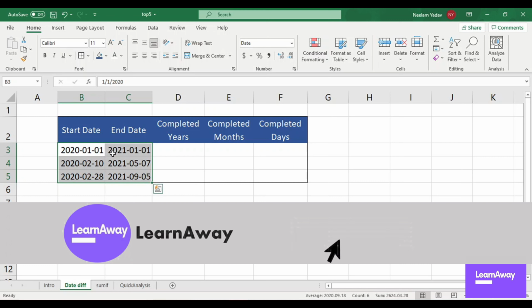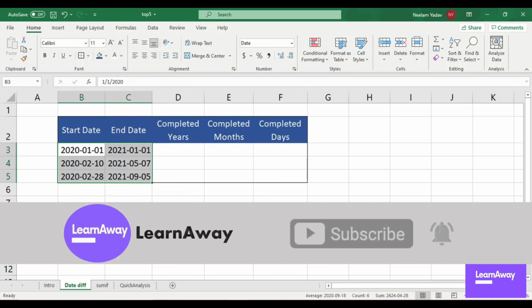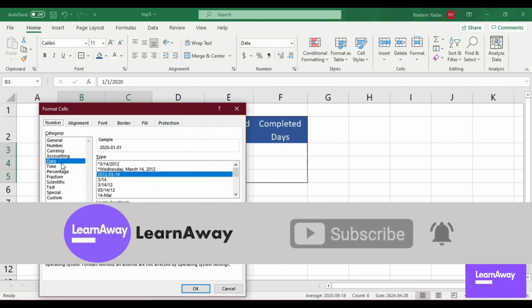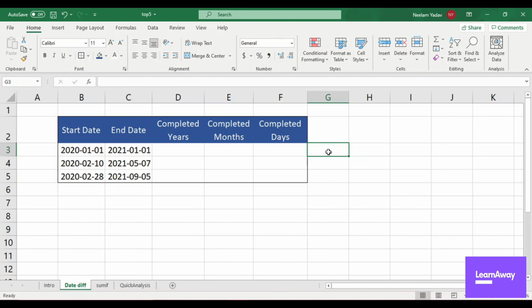So for that, what you can do is right click on this, go to format cells, then you can click date here if it is not already selected and select the date format that you want. I have selected this one here. Okay, so you can work on this directly like how you work on any data in Excel. Say if you want to take a difference, so you'll select this column, the end date, subtract the start date, and you will get the date.